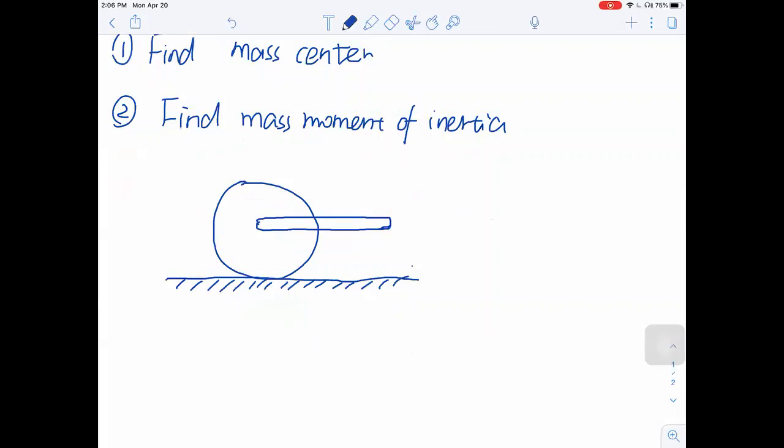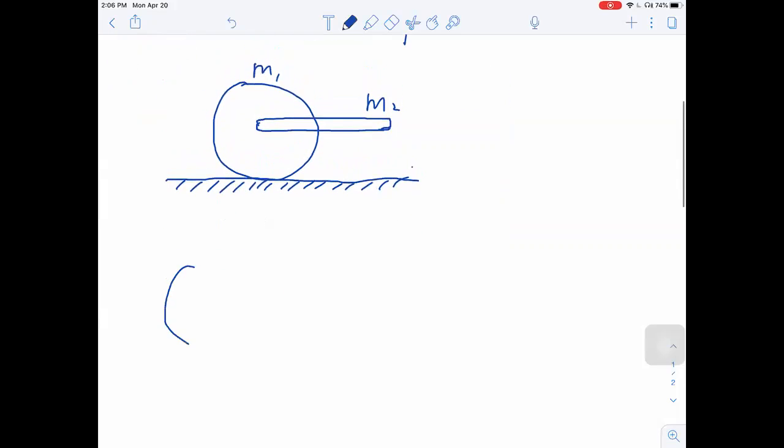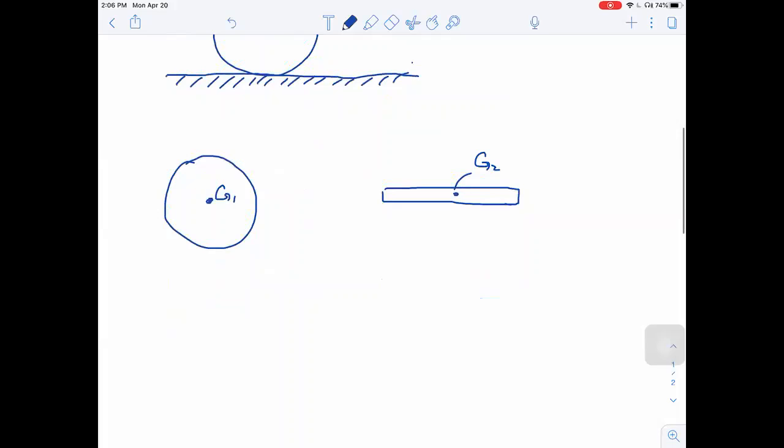And how to find the mass moment of inertia for, let's see, this is called M1, M2. Since we know if we only have a disk, the center mass is right at the center. And if we only have a bar or rod, we know the mass center is G2, G1. But when you put them together, how to find the location